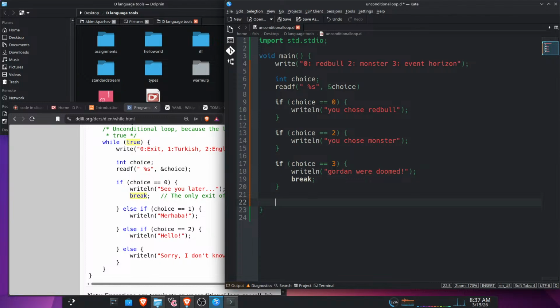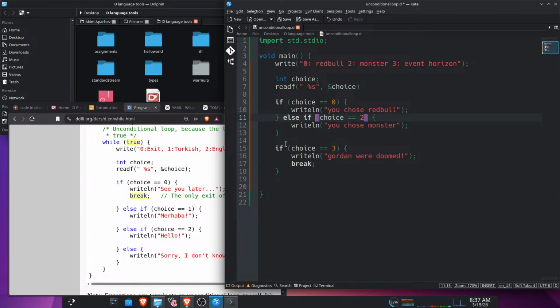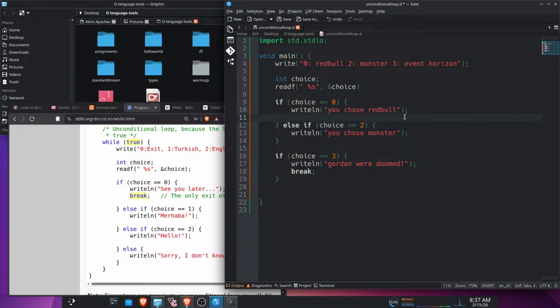Oh, what is this? He has else if statements. So you would do else if, and we could just reformat how I did this. Oh. Okay, well, we'll be able to fix this. It won't be hard. Choice equals 2, and of course, we should definitely make this look better. So we'll do that, and then we'll do another else